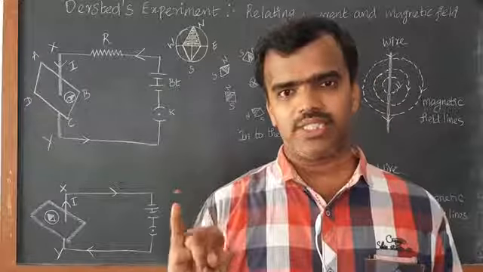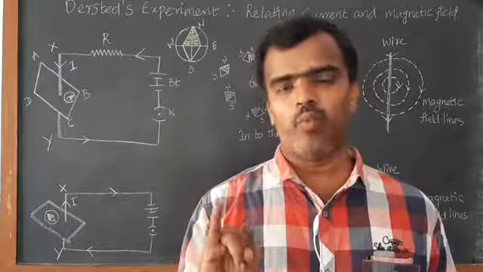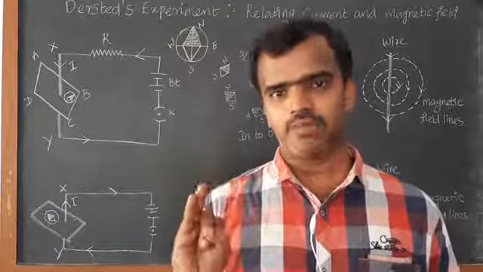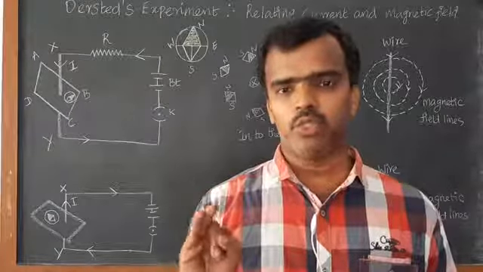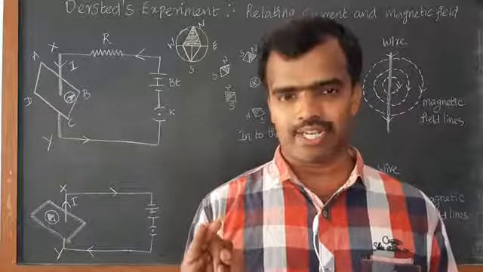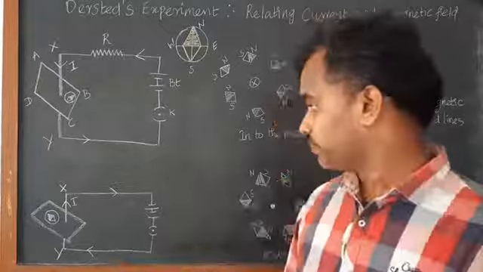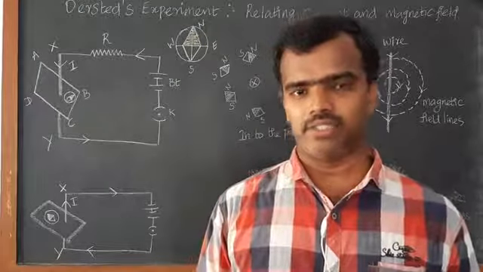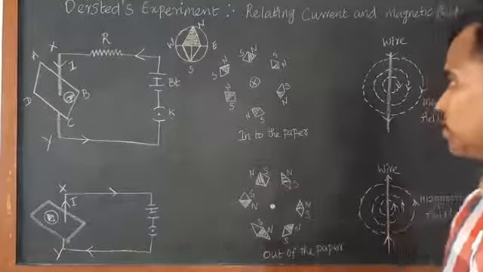The first one is that we produce a magnetic field when we pass a current through a conductor. The second concept is that the deflection of the compass needle changes direction due to reversing the current direction. And the third concept is that as the current increases, the magnetic field also increases. These 3 are the main concepts here. Now we move on to this diagram.